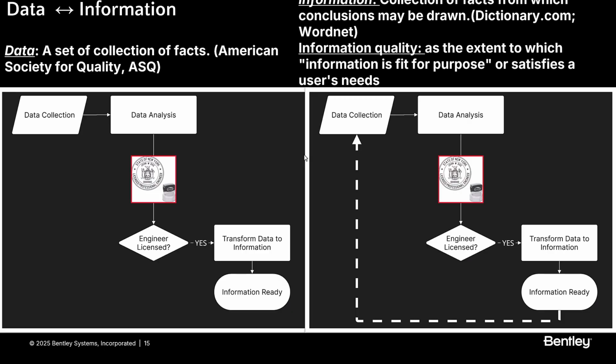What is important here on the left side, if you look at the graphic, is typically in the analog world, we would collect data, perform data analysis, and backed by the professional licensure, data is transformed into information ready for construction. This is where all the information would die. It would basically be lost in some dusty file cabinet in a basement or an attic.